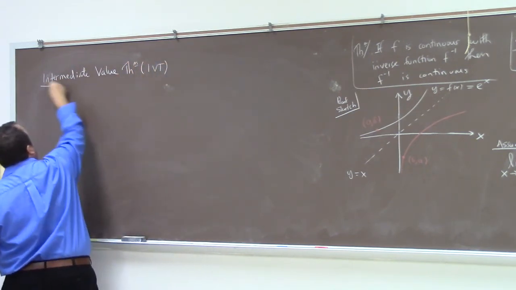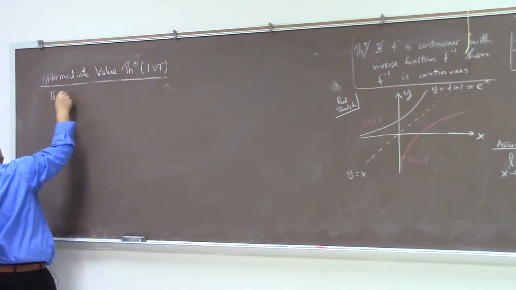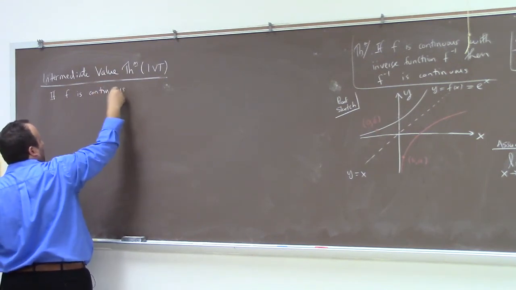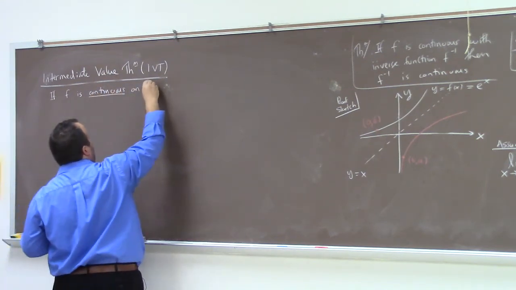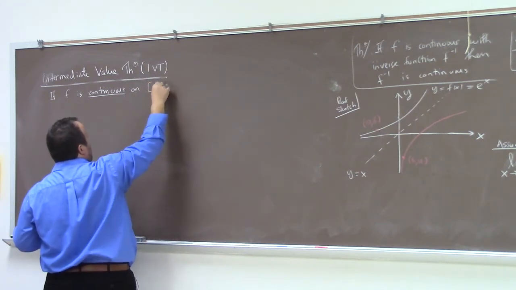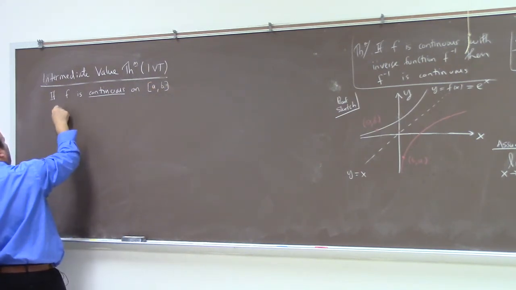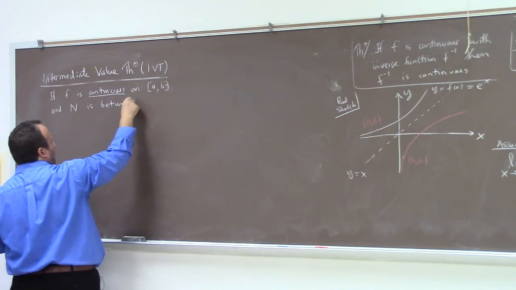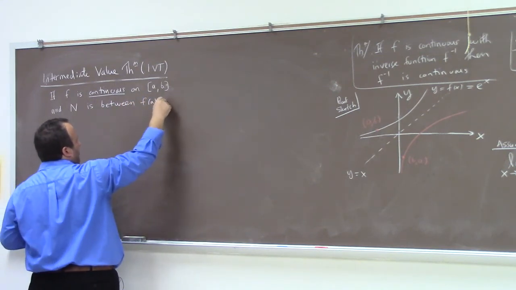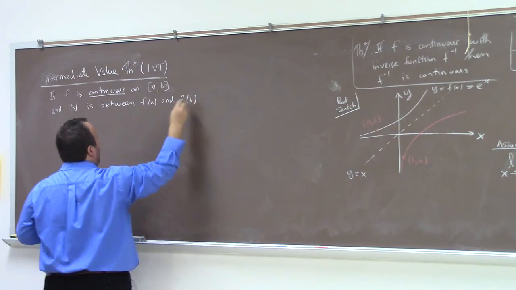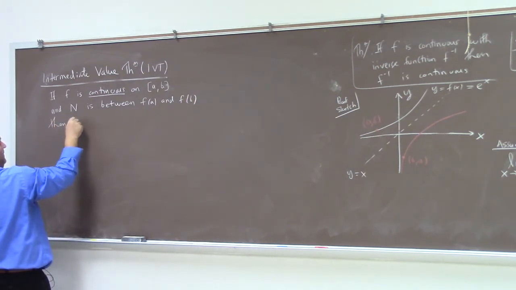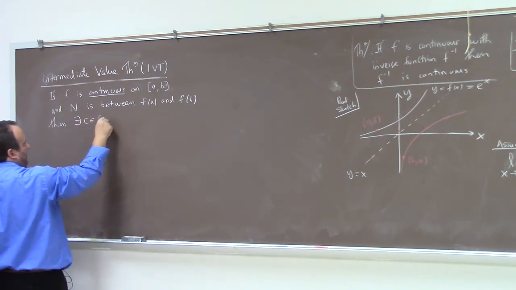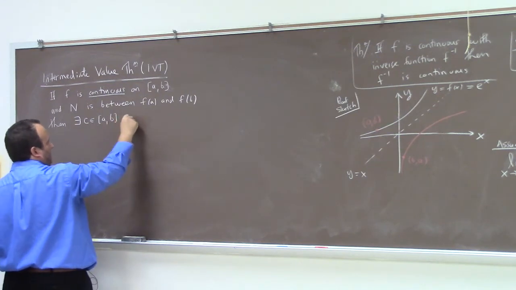It says if f is continuous on the closed interval from A to B, and n is between f of A and f of B, then there exists C in A to B such that